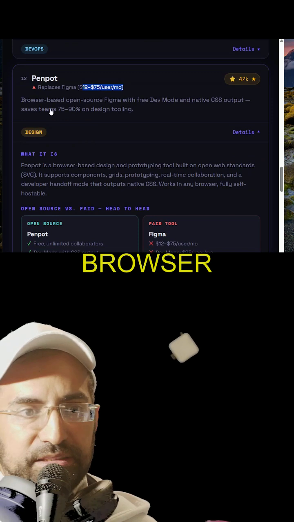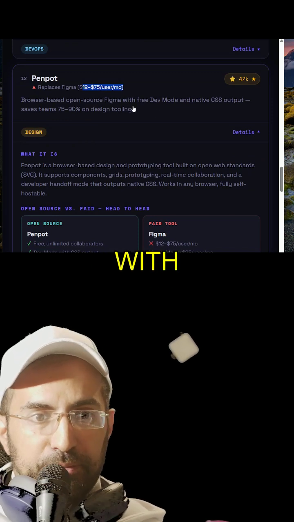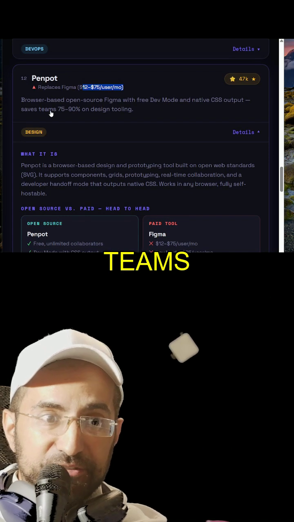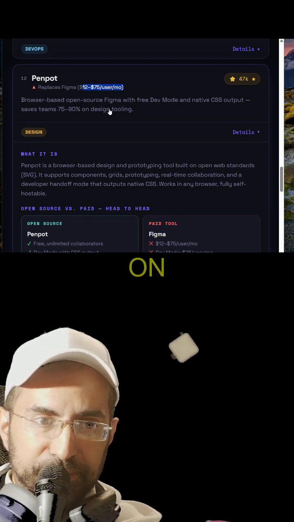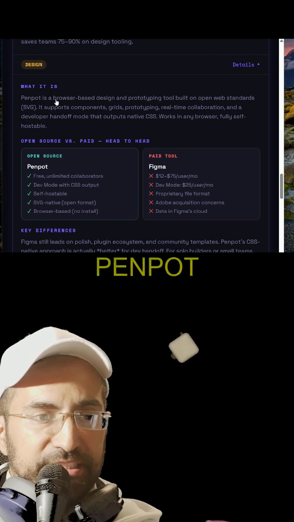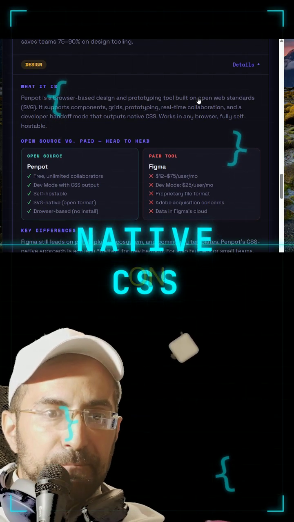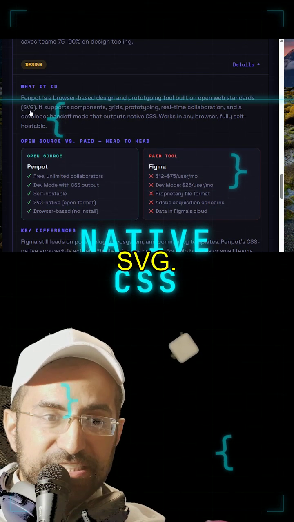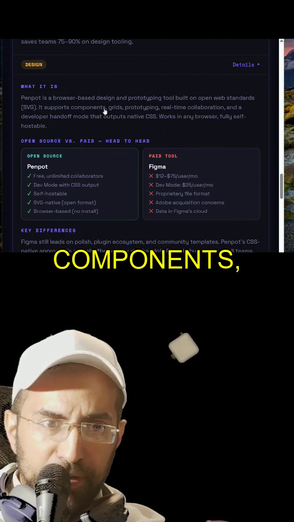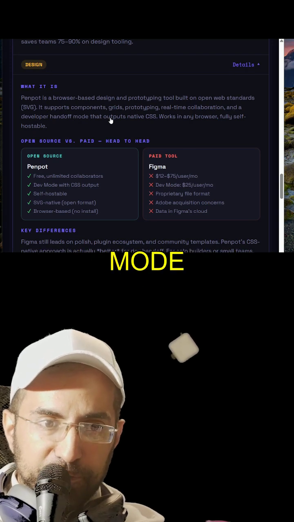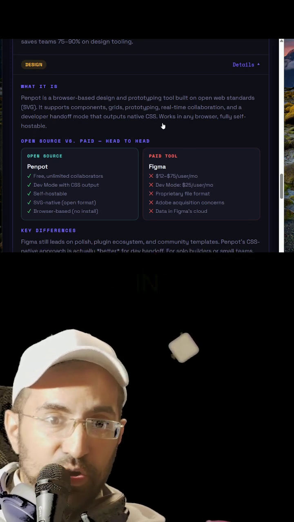So Penpot is a browser-based open source Figma with a developer mode and a native CSS output, which saves teams 75 to 90% on designing tools. Penpot is a browser-based design and prototyping tool built on Open Web Standards, SVG. It supports components, grids, prototyping, real-time collaboration, and a developer handoff mode that outputs native CSS, works in any browser,